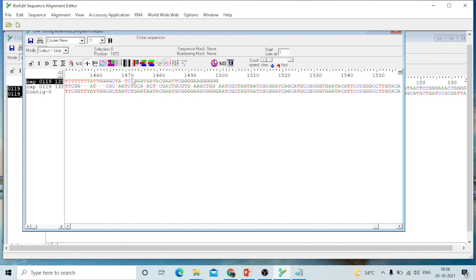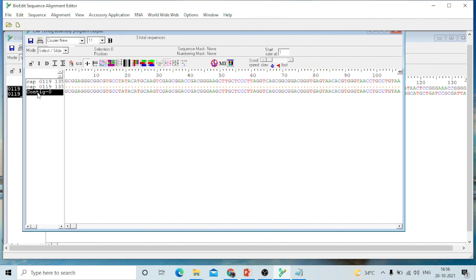So what the software does, actually, is overlap both the sequences. Suppose the first sequence has a T, here also T, so the contig again has T. Now both the sequences have been assembled, and your master sequence is ready, and that you can use for your downstream analysis for the identification of the bacteria. So now I want to copy this contig assembled master sequence.